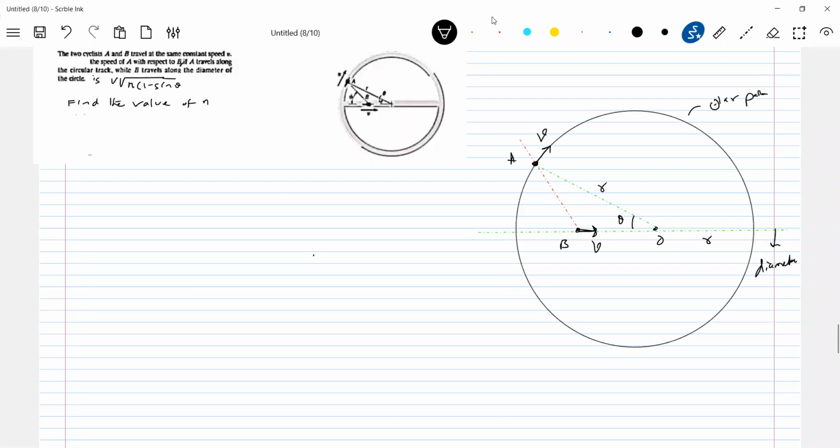Okay, got the velocities? So what is our question now? Velocity of A with respect to B is being asked. Which velocity? If angular velocity, I would have mentioned. So just the velocity of A with respect to B is being asked. I think you have to apply the relative velocity concept here, no?